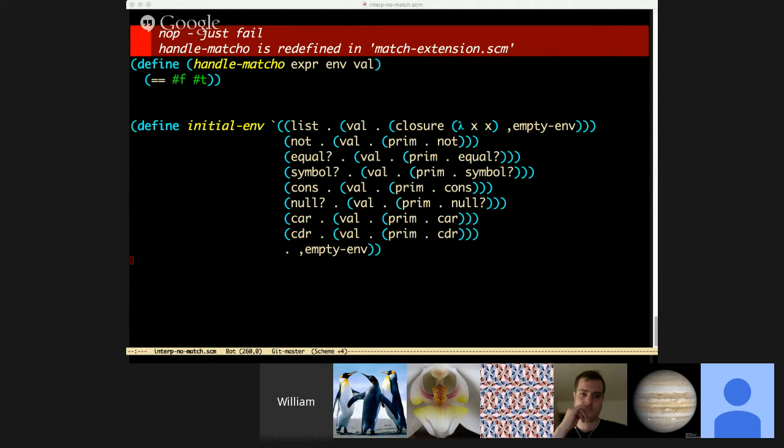But it's special in that only an application of car to one argument is legal and is recognized by the interpreter. Whereas here, by doing this initial environment, we aren't treating car specially, in that a primitive application is just like any other application. You evaluate the arguments in some order, and then we look up this primitive car, and then you apply that thing. And the reason that's nice is that, first of all, it lets you just type car or put car in a list or whatever, right? You can pull car out of a list and then apply it, the sorts of things you can do in Scheme. So it gives you more flexibility. But another thing it gives you is the ability to control the environment